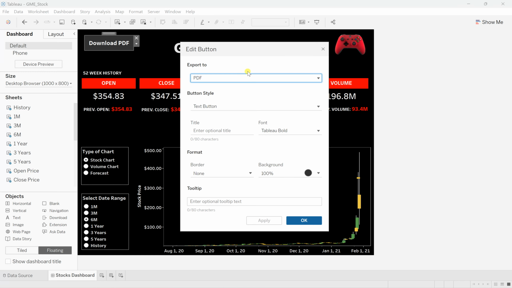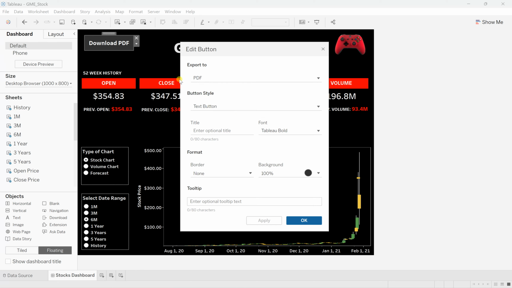What this particular object provides is that it allows you to export your data in PDF format, which is the default, or as a crosstab, an image, or a PowerPoint. Though the standard format also lets you download the Tableau workbook, this one is limited. But yes, this allows you to download your data. So let's keep this as it is, PDF only. I want to have that in a PDF format.